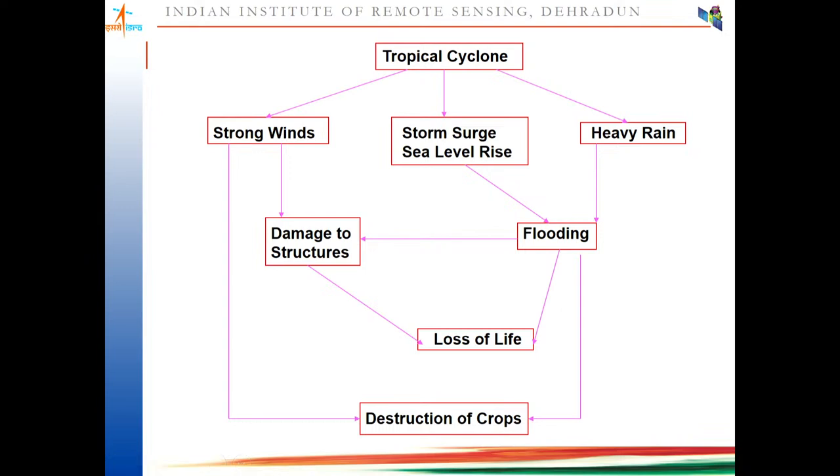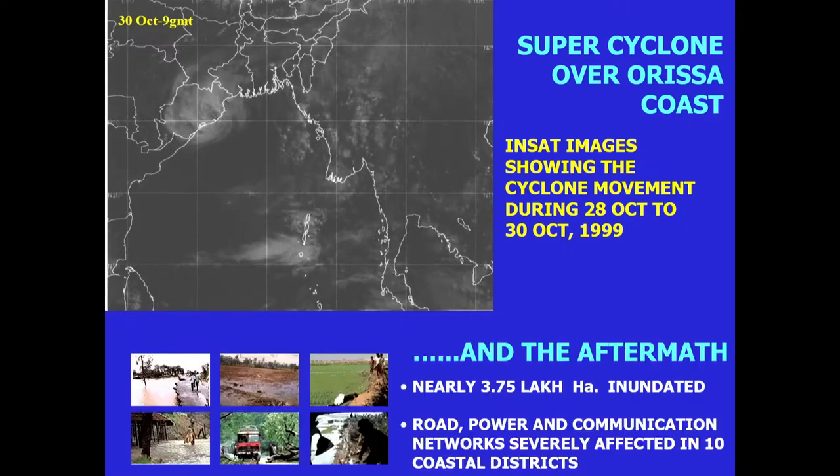There will be loss of life, damage to structure, flooding, and destruction of crops. Everything is happening out of a cyclone only. So you can see this is the image of the cyclone movement, the inset image of the super cyclone of Odisha. You can see how the cyclone eye is moving, and then finally it is rotating along the coastal Odisha and creates havoc in the coastal Odisha during 28th October to 30th October